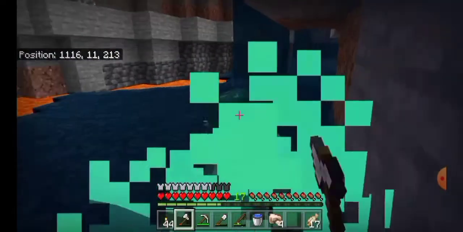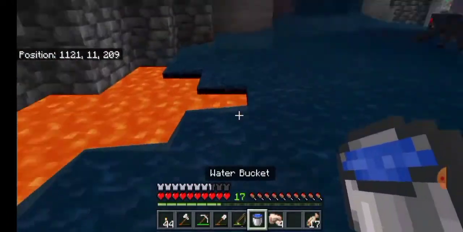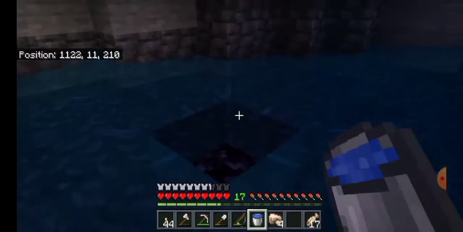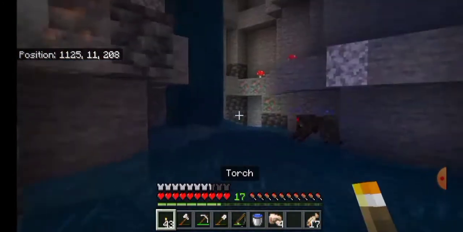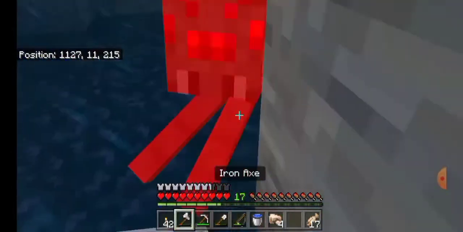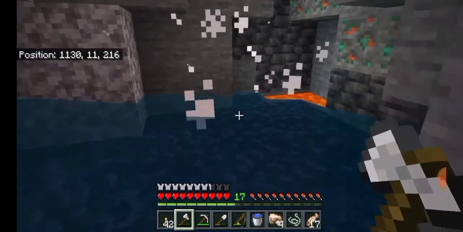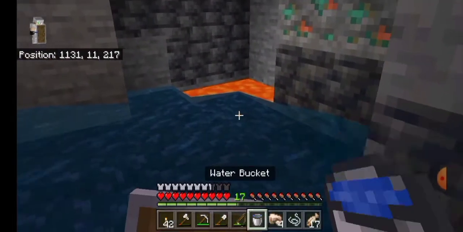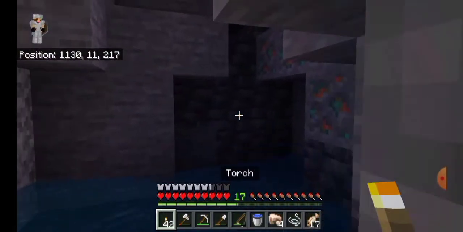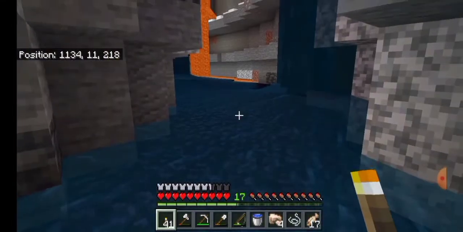So maybe I'll just kill it for the insects that it can drop, but due to the water here, it may actually just flow away into the lava. Now it is quite dark here, but it turns out this ravine doesn't actually have diamonds in it, so I don't really expect to get a lot of stuff from this entire ravine area. I'm just gonna place the last bit of water so we don't fall into lava,